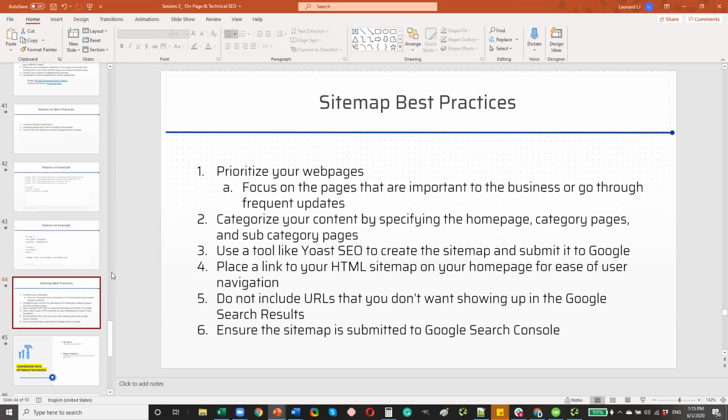All right. So sitemaps. So I guess, kind of recap robots.txt. Basically, the robots.txt file is giving Google's search crawlers instructions on how to crawl your website. A sitemap is somewhat related, but it's not the same thing. So think about if you just arrived in a new city you've never been to before, you'll probably either try to find a map or pull up a map on your phone,